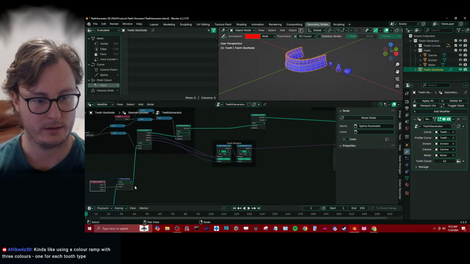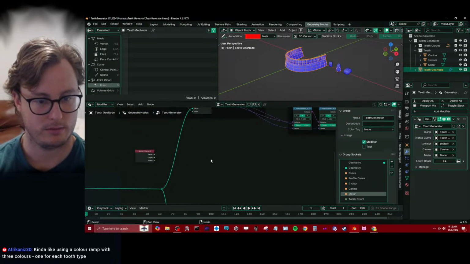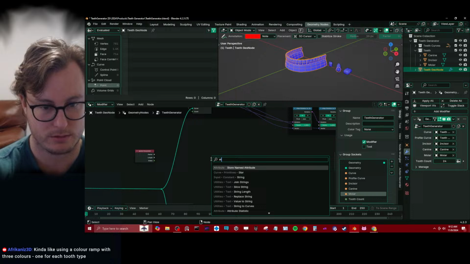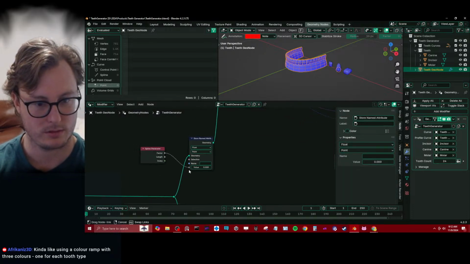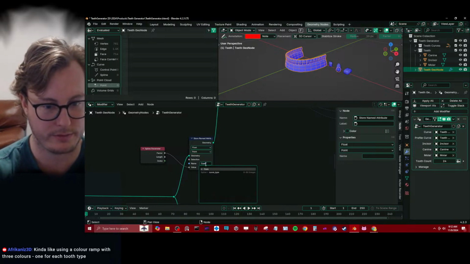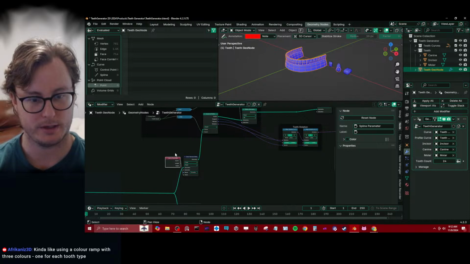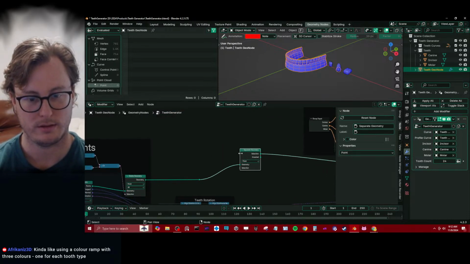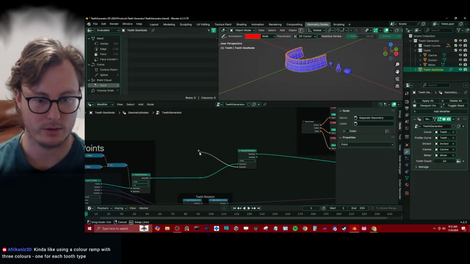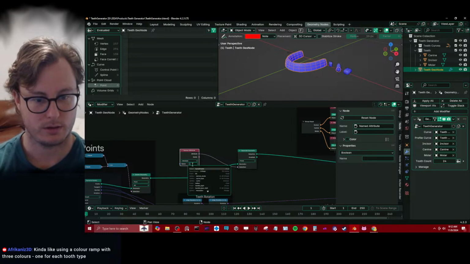And then I can store named attribute. Call this curve factor. Boom. That way I can reference it a little bit easier. Then I can get a big noodle. So now we want our named attribute, curve factor,